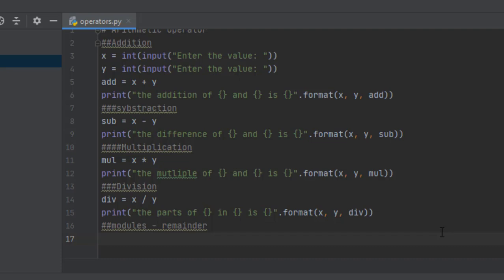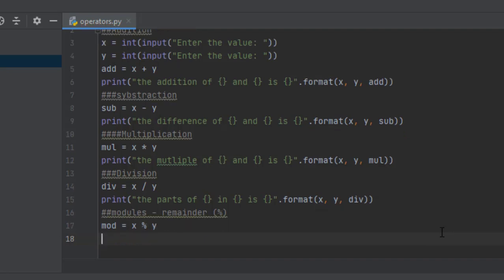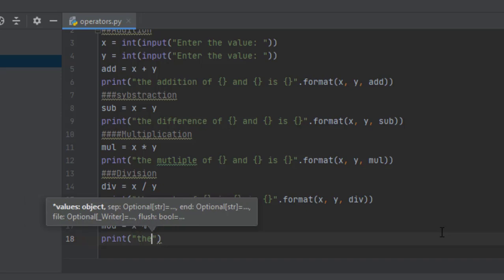Simply, you can identify even numbers and odd numbers when you divide by 2, and the symbol for modulus is the percent sign. Remember that it's percent. So let us say mod is equal to x percent y, and in this one I'll print the remainder is.